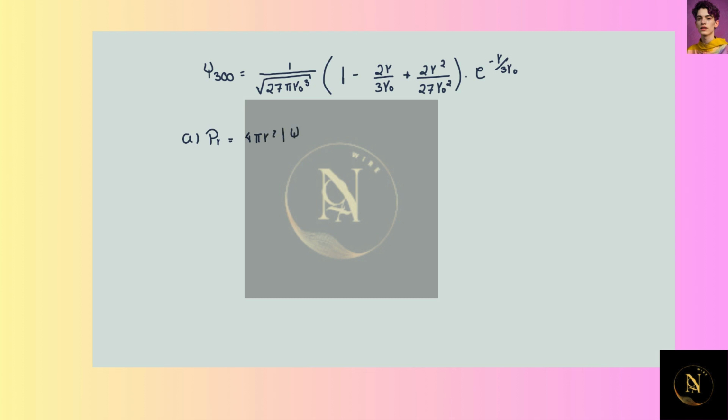The radial probability distribution for this state is given by P(r) equals 4 pi r squared times the absolute value squared of psi 300, which equals 4 pi r squared times psi 300 squared. Note that psi 300 is just a real function, so we just have to square it to get 27 pi r0 cubed divided by 1 times